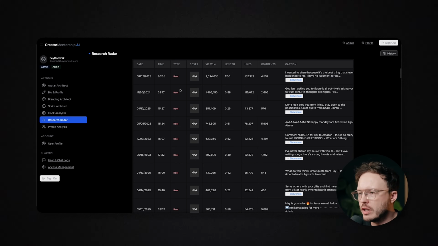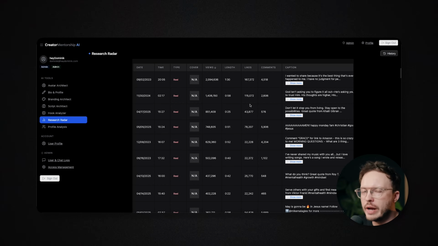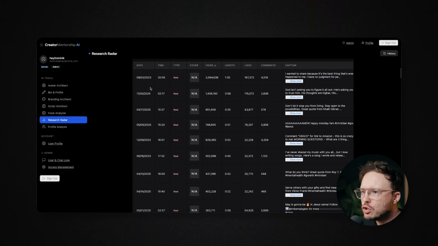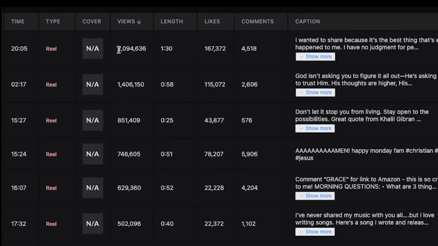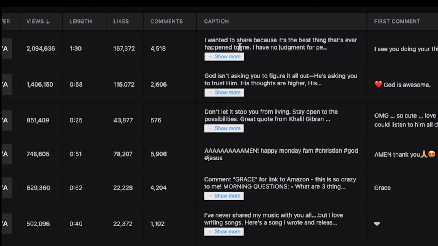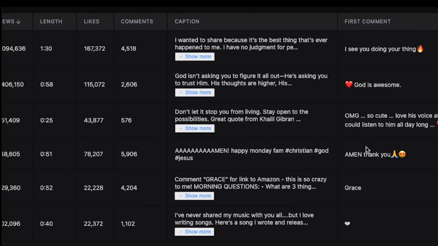Now, for all these things, I use an internal research tool that we created ourselves that my clients also get access to. So if you're part of the new creator sprint, you're going to get access to this as well. For example, we take a look at this one here. It's a random example from one of our clients. This tool allows me to see the competitors and similar accounts ranked by views, or whatever I want to rank it with. And then I see the caption and also the first comment right here.